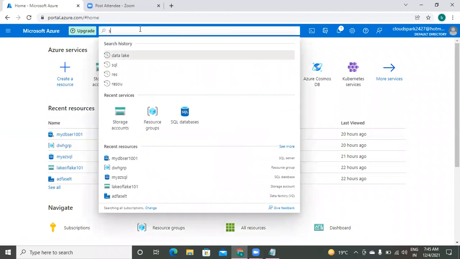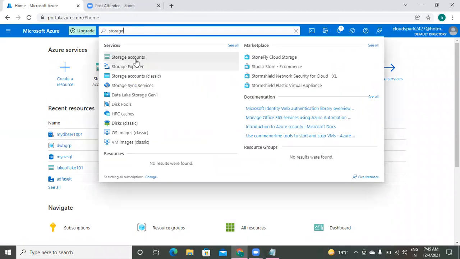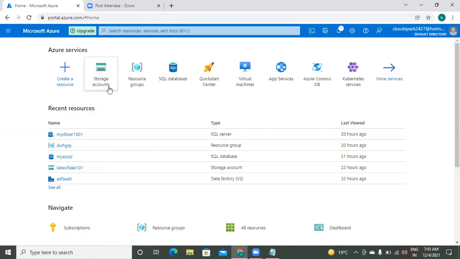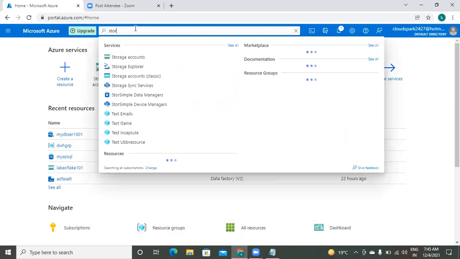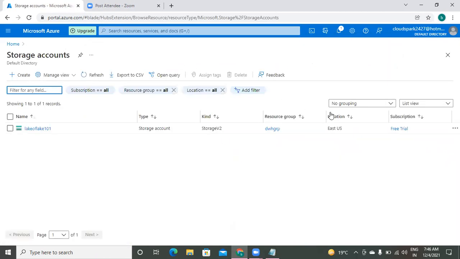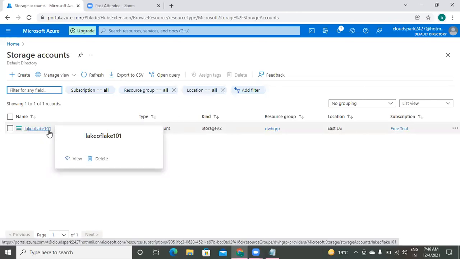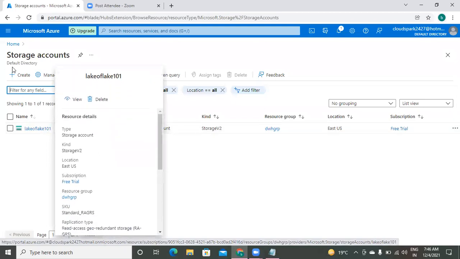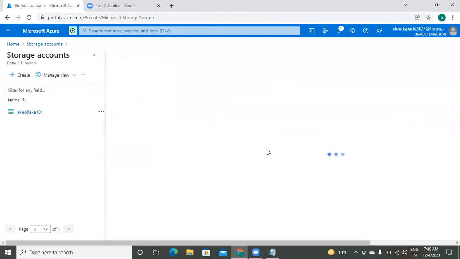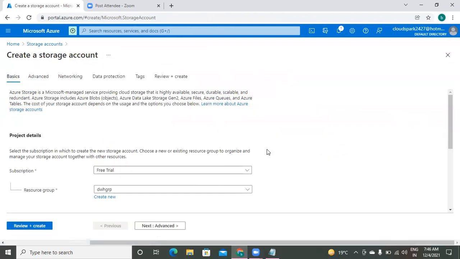So for this, you have storage account. Here in the storage accounts, you can go with that. It was created by us in yesterday's class. Let's create a new one. I just clicked on create button.